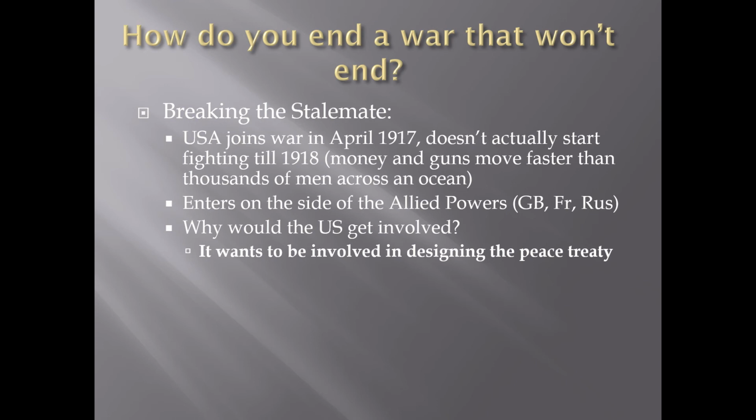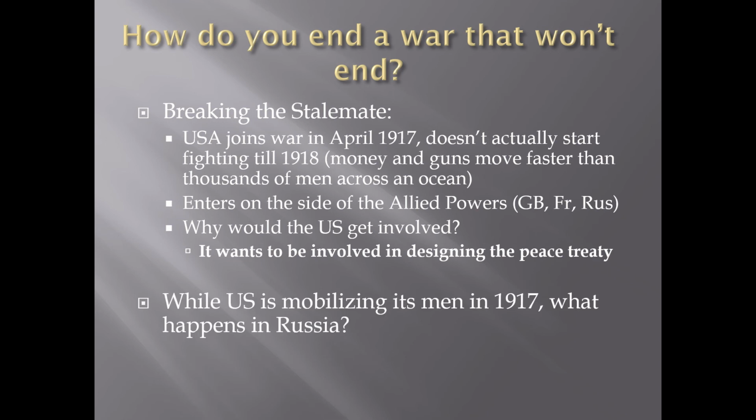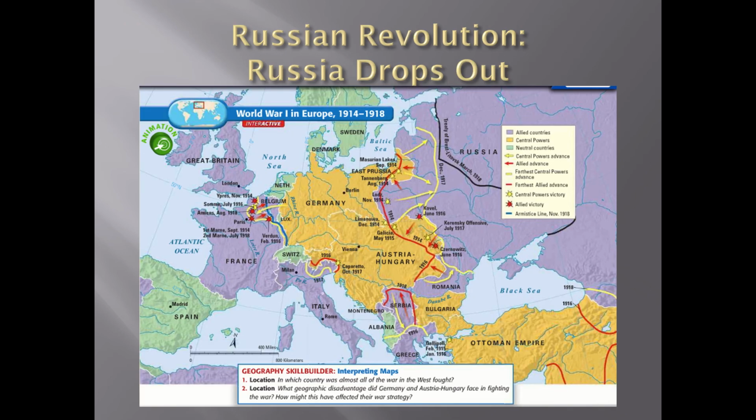However, while the U.S. is mobilizing its men in 1917, Russia has a second revolution. Because Russia did not end World War I after the first revolution, that new government continued to fight, making the peasants upset, giving the, at this time, communist revolutionaries an opening. And so in 1917, in the October Revolution, the communists managed to take control. And Russia pulls out of the war. It's the first thing that the new communist government does, very smartly, because the last government didn't do it and it cost them their control over the country.